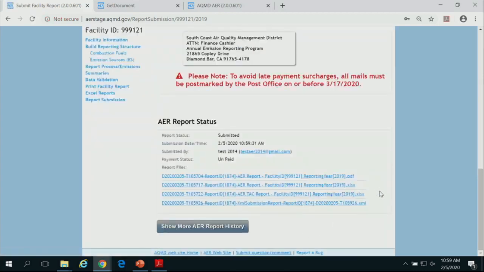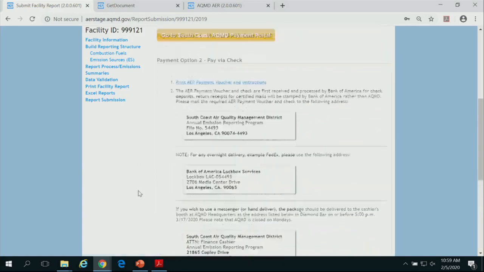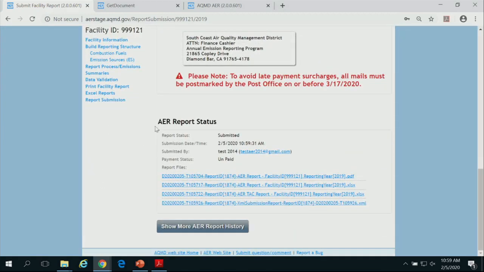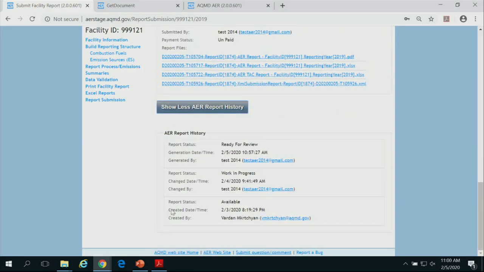All right. Once the submittal is completed, your report status, this submittal page, always toward the end of it, has the current status and prior statuses. So it gives you a good snapshot of what happened with this report, from the beginning of the time that this report was available. For most of you, this should indicate January 1st or some date in December, and that's the available status, when we uploaded this report for 2019.